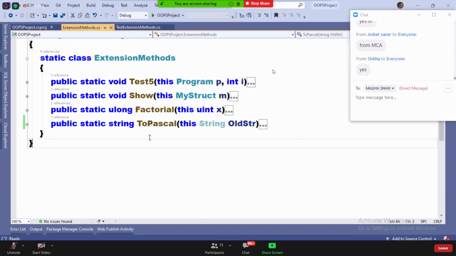C# is not present as an academic language, guys. Java is present as an academic language, and Python is present as an academic language. So most of the people are not aware of .NET. That is the main reason, that's all.